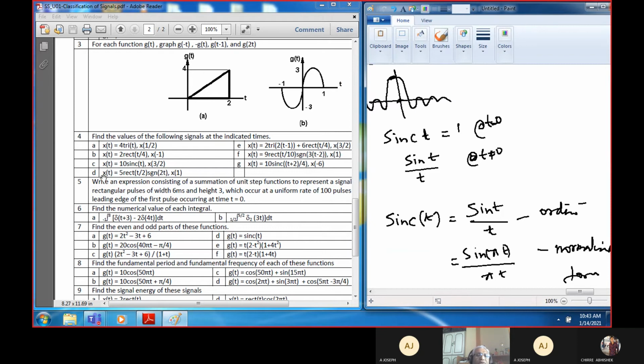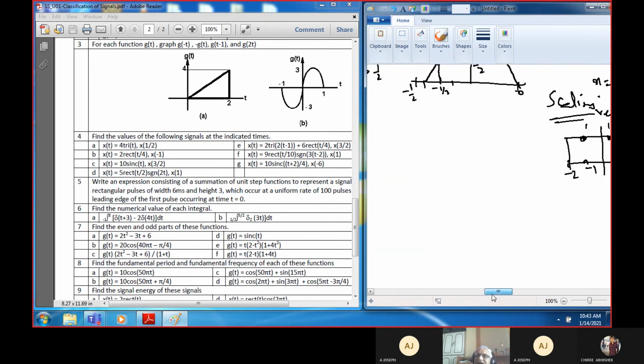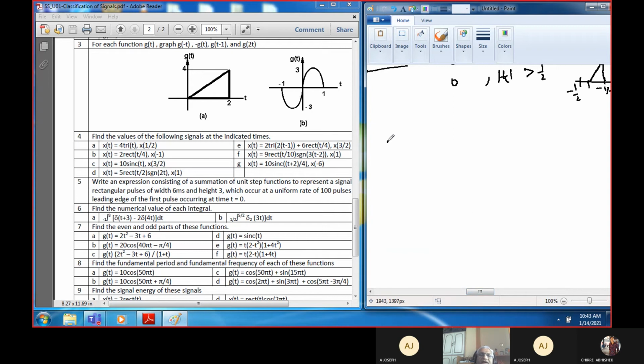Now coming to the fourth problem, that is D here, you are already aware of the rectangular function. You know what is rect. Rectangular function is known to you. But this rectangular function is multiplied with another function which is called SGN. Let us see what it is. For D, here in this one I will only write the new function SGN. What is SGN of t? The full form is the signum function. I already gave this to you in the handout.